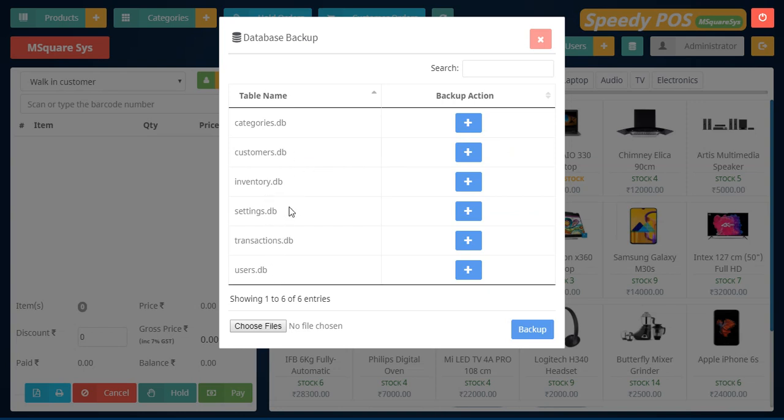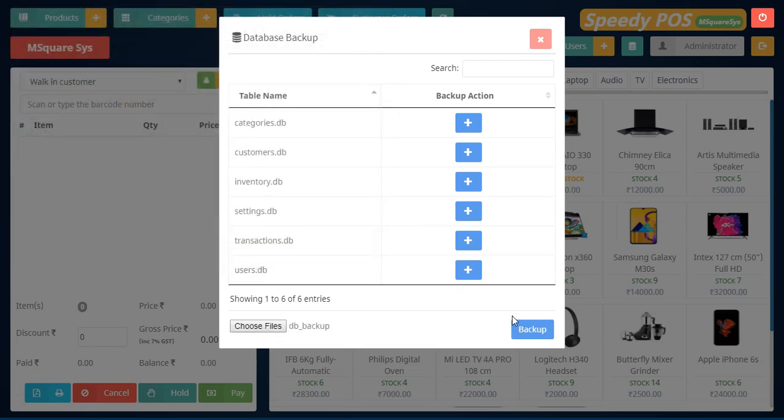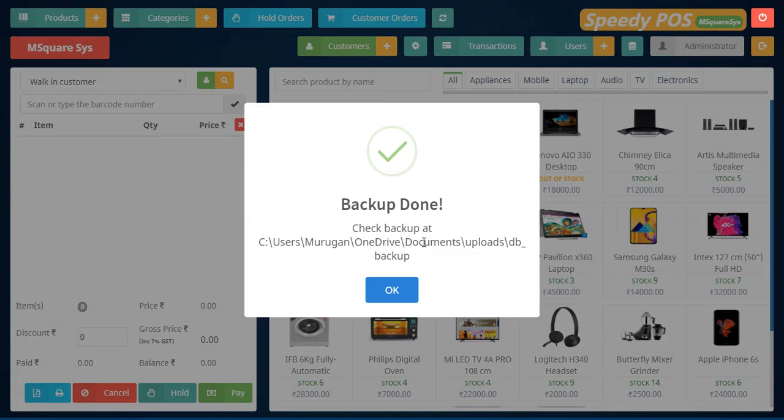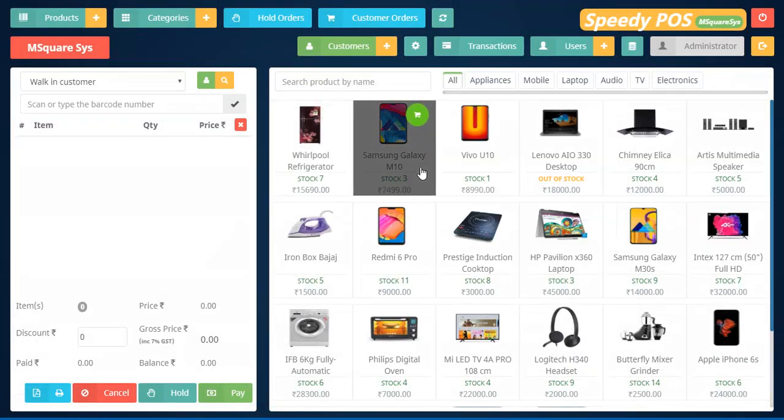There are multiple options, so you can select whichever is required. By default all are selected, and now I am going to take the backup. Choose the file location, give the DB backup, and the backup is taken. This is available, and then you can make it done. So this is the overall backup management.